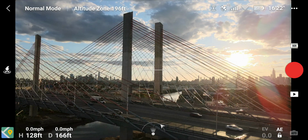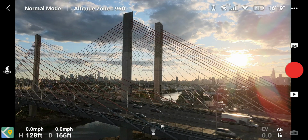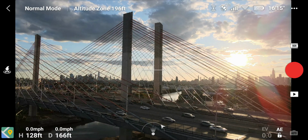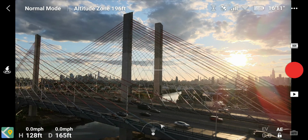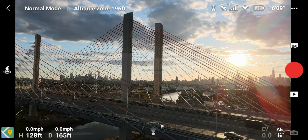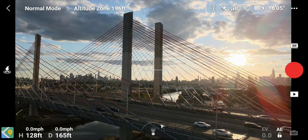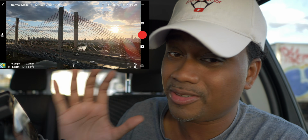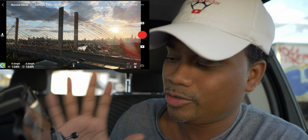Look at that. Somehow it maintained the bridge. It didn't darken out the bridge. The bridge looks beautiful and bright still, and yet the sun is intact. You can still see definition and clarity in that sky. And that's absolutely awesome. And this is why I felt so compelled to share this video with you guys and let you guys know, if you're not using HDR mode on the DJI Mavic Air 2,